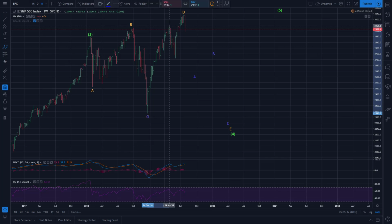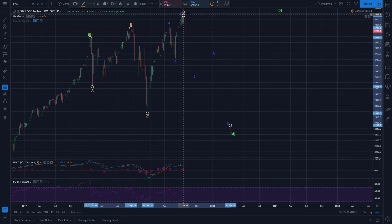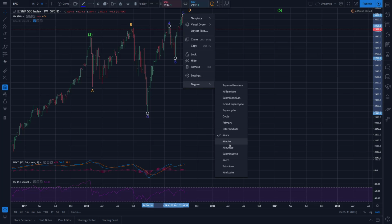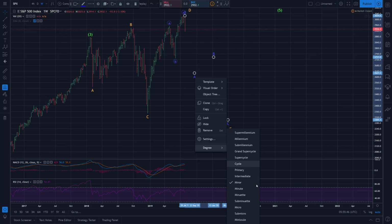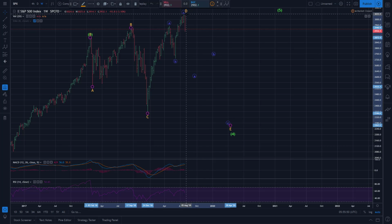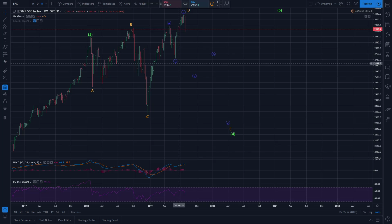It would give us an A, B, and C up. Let me just drop this down one more degree there, and this as well. So if we take out this early June low, that would give this a corrective three-wave look,